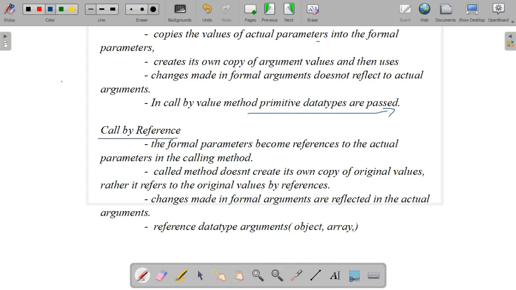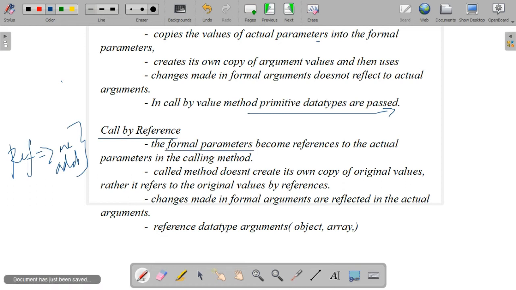The second one is known as call by reference. The word reference indicates a location, a memory address. So reference means a memory location or memory address. How does call by reference work? In this case, the formal parameters become the reference to the actual parameters in the calling method.